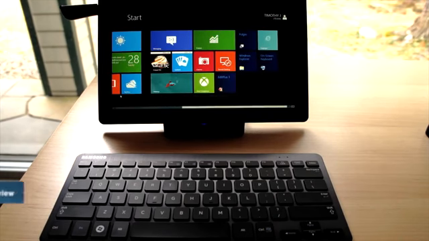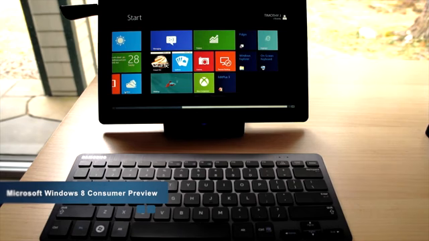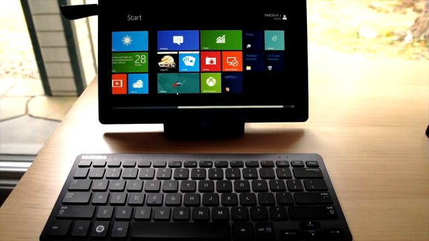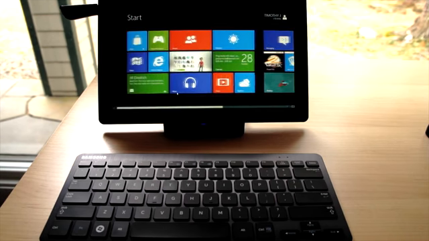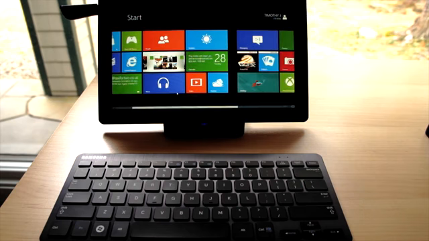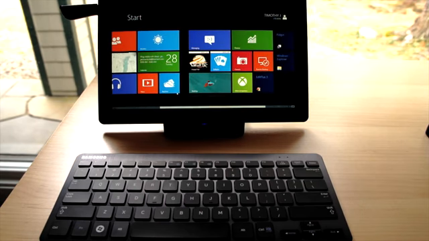the latest release of Windows. This is the consumer preview version. It's not all that much different from the developer edition that we took a look at before, but there are some important changes here. We thought we'd use this as an opportunity to give you a full walkthrough of what the Windows experience looks like in Windows 8. As we're told, there are no more major changes coming to the operating system. Meaning basically this is going to be what you're going to get when it ships sometime before the end of